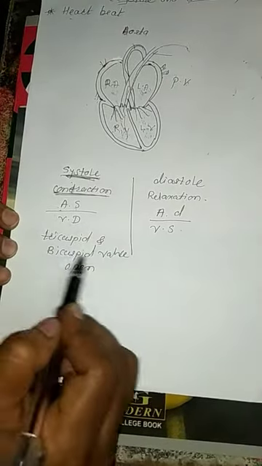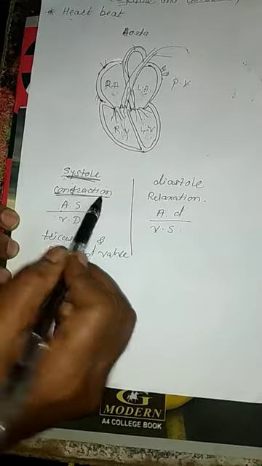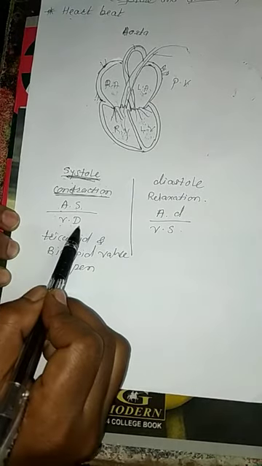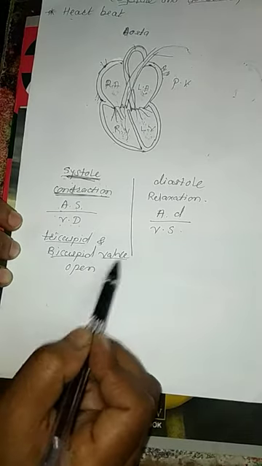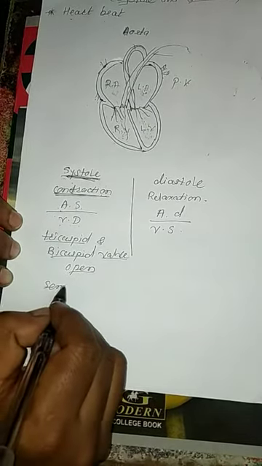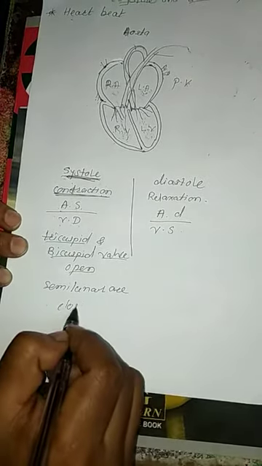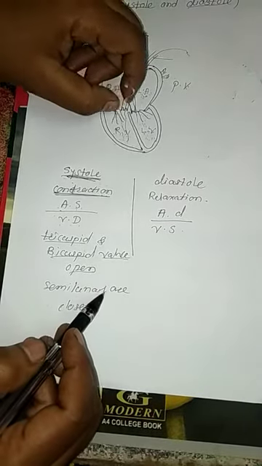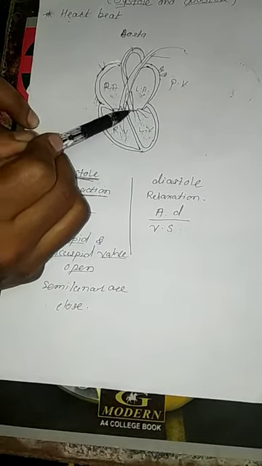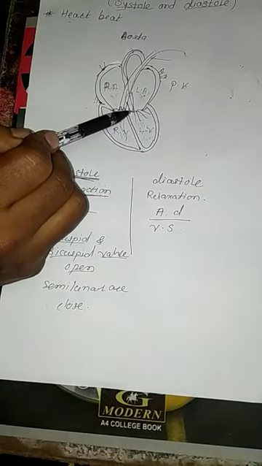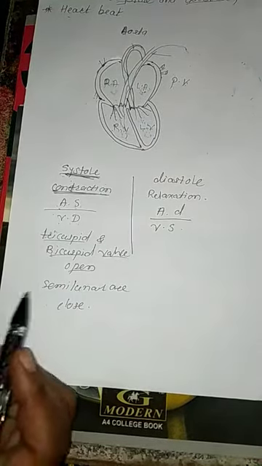When the tricuspid and bicuspid valves are open, this is the systolic phase. Systolic means contraction. When the auricle is in systole and the ventricle is in diastole, the tricuspid and bicuspid valves are open and the semilunar valves are closed, very forcefully. When the semilunar valves close, a sound is produced. This sound is called